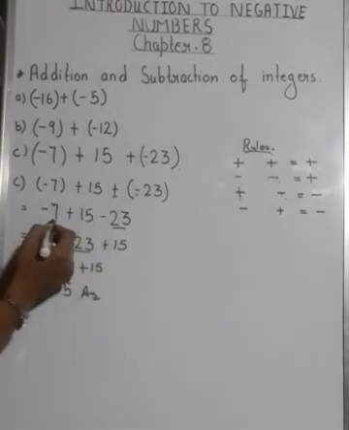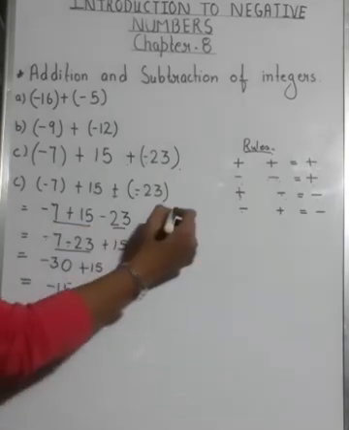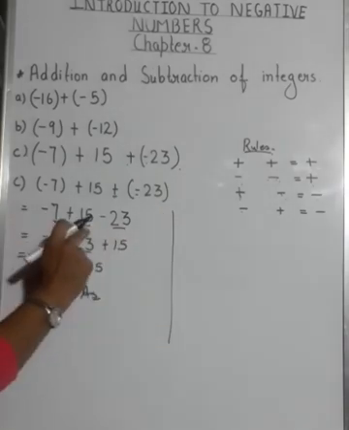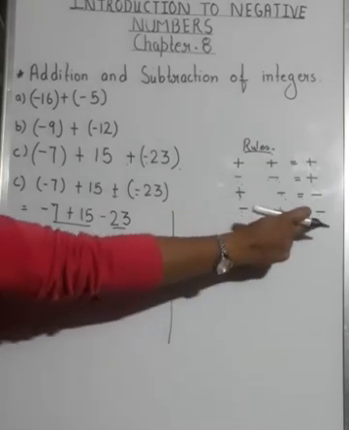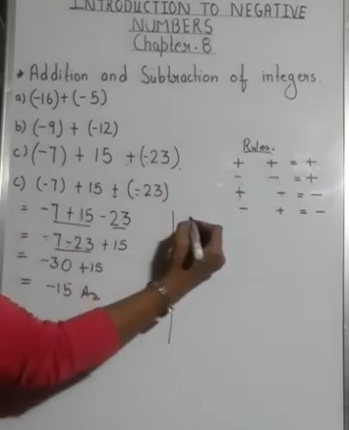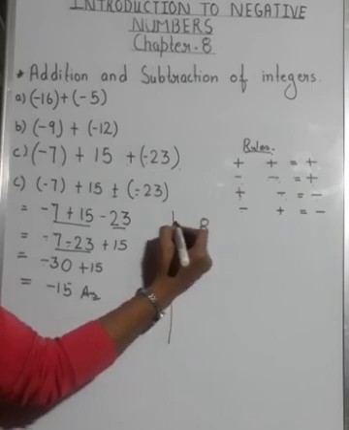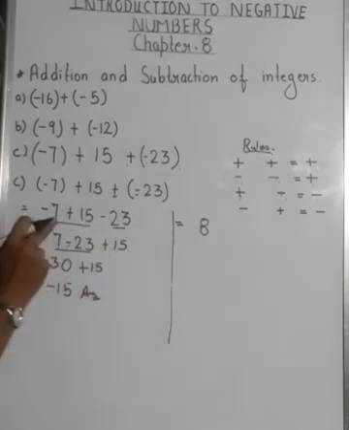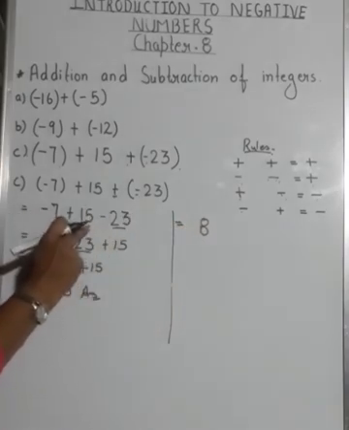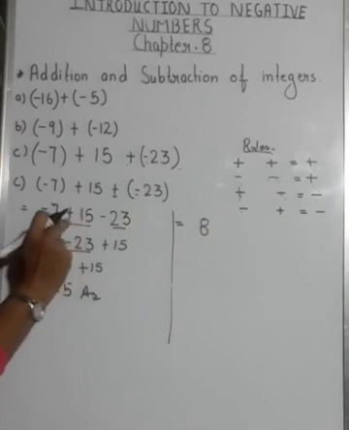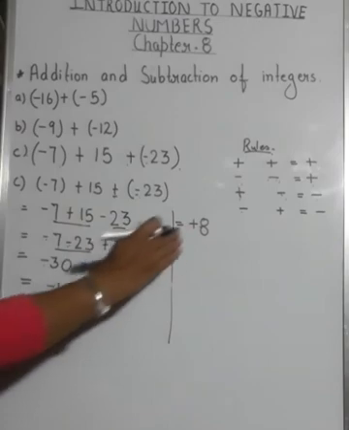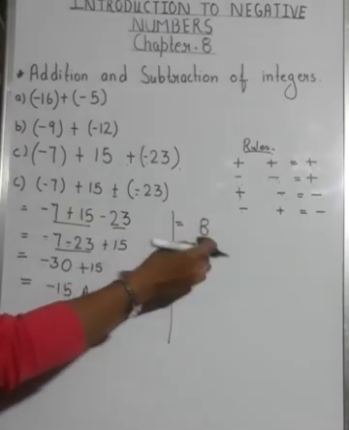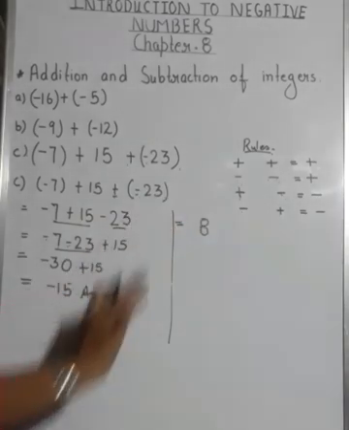Now suppose you want to solve these two first. Okay. I am doing it here. Suppose you solve these two first. So minus plus will be minus. So 15 minus 7 will be 8. Clear? Now what about the sign before it? Which is greater among them? 15 is greater. What is the sign before 15? It's plus. So you will write a plus. Or it's your choice. If you do not write it, it is understood that if there is no sign before a number, it is a plus.